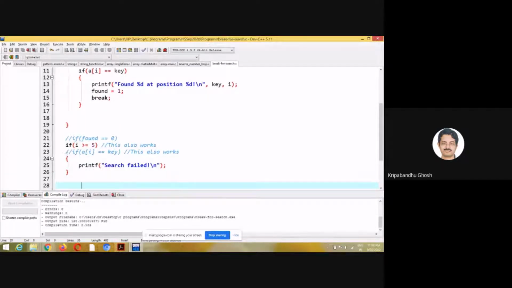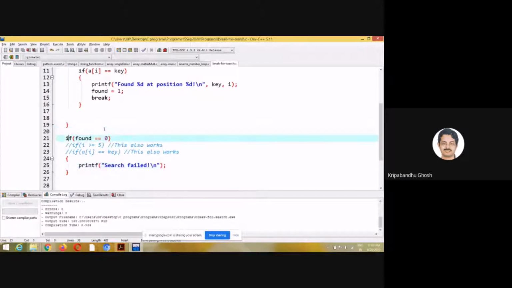I mentioned that we can do this. We can check if found is still 0, because we don't know in general, the control will come to this place anyway, right? Whether this is printed or not printed, we need some indication of what has happened, whether the search is successful or not. So if the value of this variable found remains 0 after control comes here, we can be sure that the search has failed. So we can print this message.